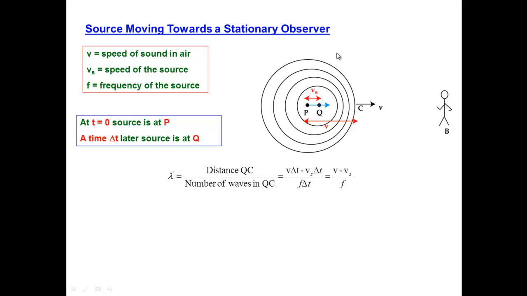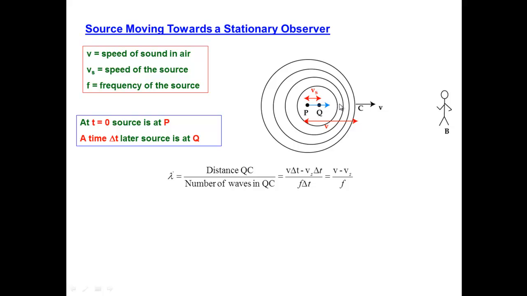So in this situation, let's re-examine the source moving toward the observer. The source here at point P initially is moving to the right toward observer B. The various speeds and frequencies are labeled here in the box, and what we want to consider is that at the initial time the source is at P, and then a short time delta t later the source is at Q. And so that source in that time has traveled a distance equal to the speed of the source times the time delta t. And that's what we're going to use to understand